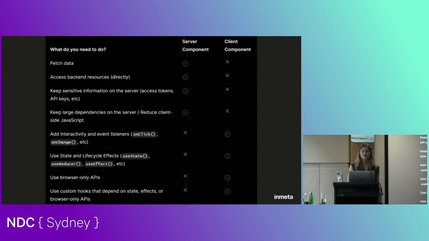So here's an explanation from the Next.js documentation on the limitation in server and client components. If you need to fetch data, access backend resources, keep sensitive information on the server, or keep large dependencies on the server, you use a server component. And if you need to add interactivity like onClick or onChange,